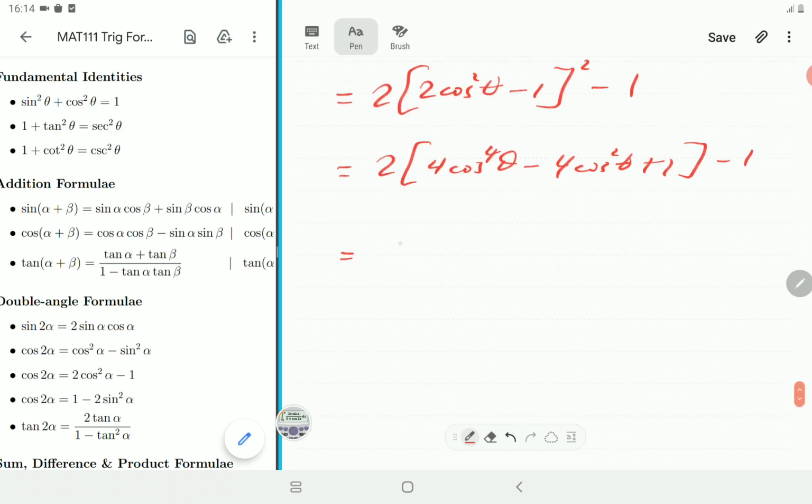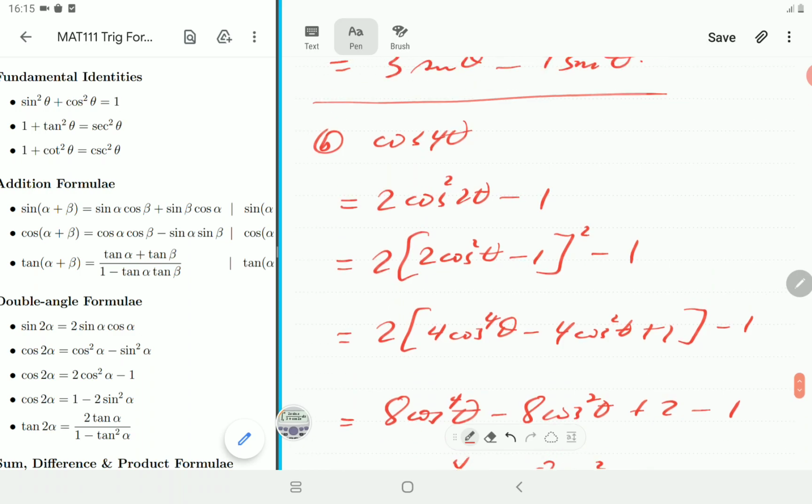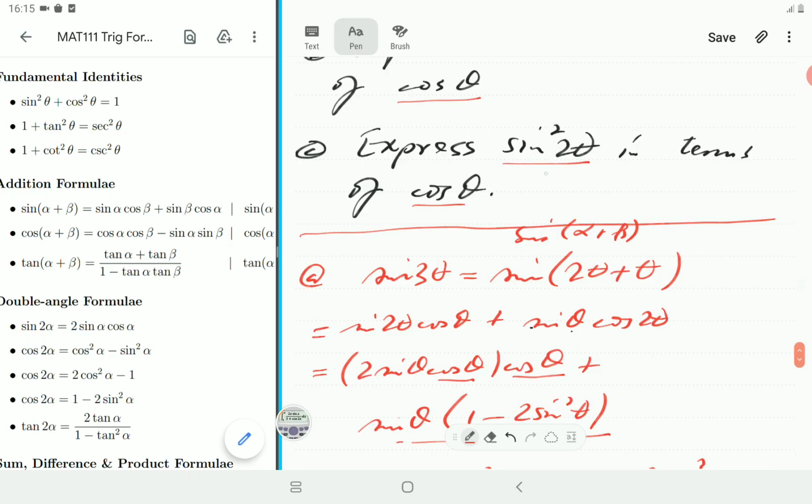And then removing the square brackets, it's going to be 8 cosine theta to the power 4 minus 8 cosine squared theta plus 2 minus 1. So finally, this is going to be 8 cosine theta to the power 4 minus 8 cosine squared theta plus 1. Alright, so now we're going to give you a chance to write sine squared 2 theta entirely in terms of cosines. Alright,